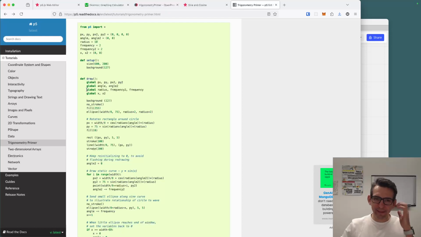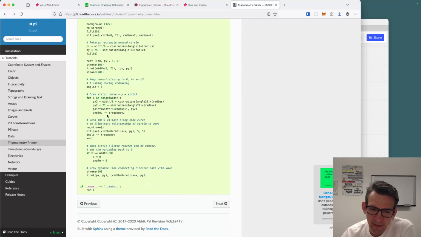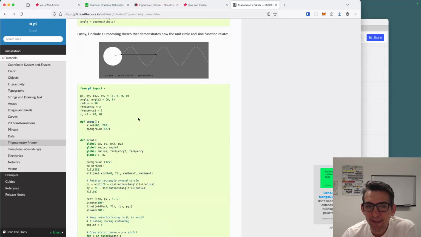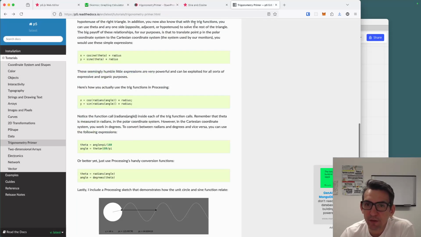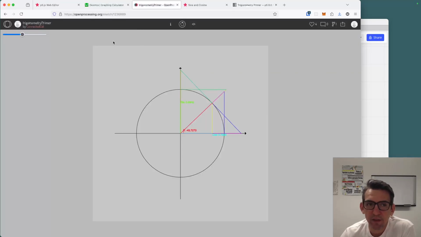We'll have a completely separate conversation on what Processing is. It's a counterpart of P5, but in a slightly different language, right? And we'll come back to this, but you can also find similar code